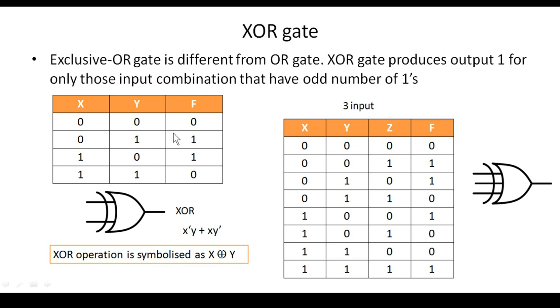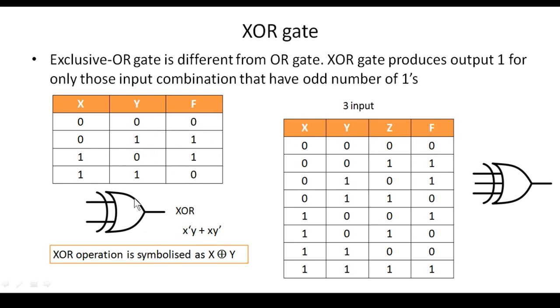Here is how you get all these: you can see an expression, x'y + xy'. You put x and y, find x'y, and find xy' separately. Then you take the x'y column and the xy' column and combine them using the OR gate. Once you do that, you will get this answer column. For remembering purposes, just remember: odd number of ones, the output is 1.